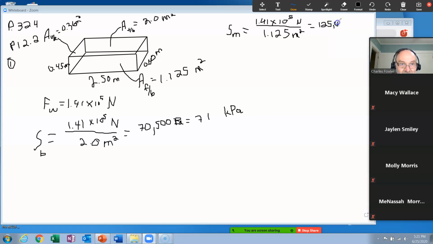I'm going to just round that to 000 pascals, but when they do it to kilopascals, actually that becomes 130, because you only have 2 significant digits here, because